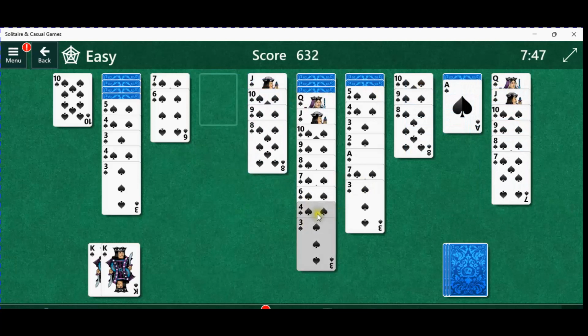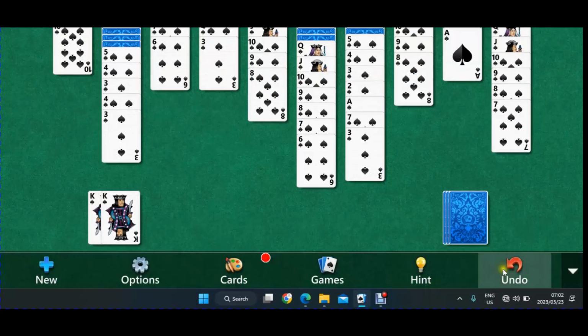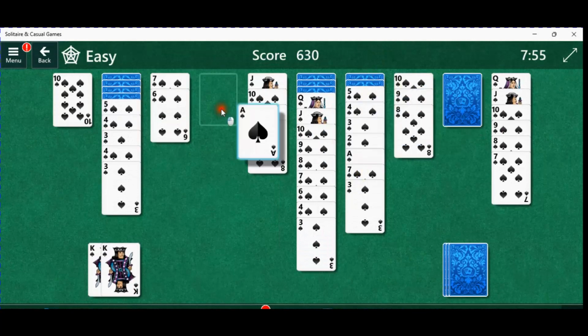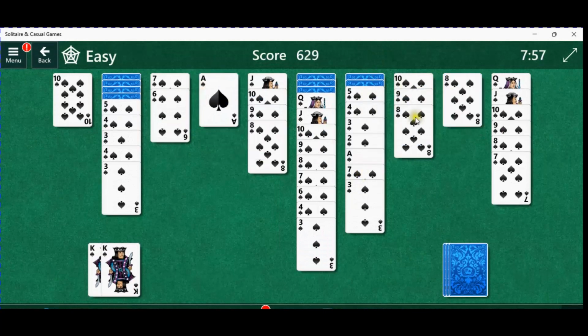Can we hold this one? You can only hold it until that 4. I didn't want to do that. Double click by mistake. Okay, let's move this ace. Let's risk it. Okay, what more can I do right now? It's 8. Okay, I have to remove